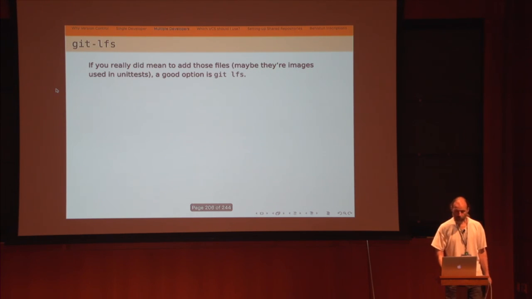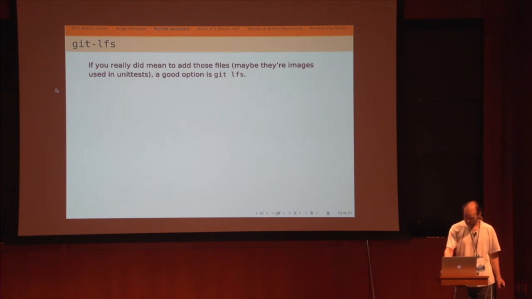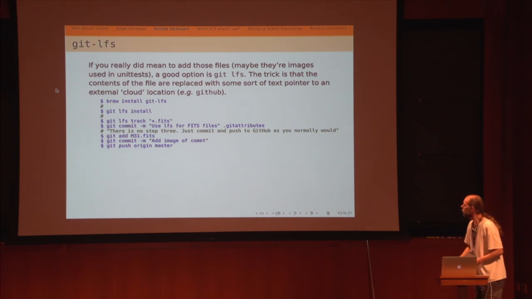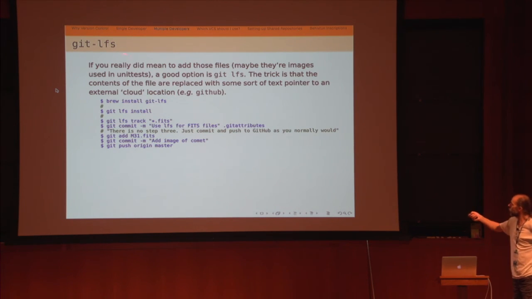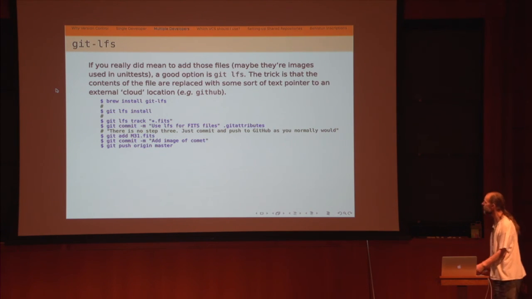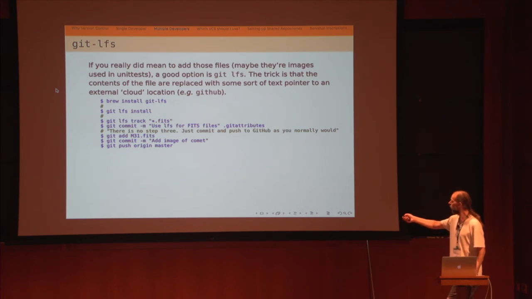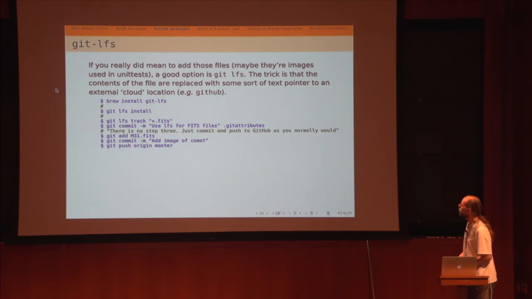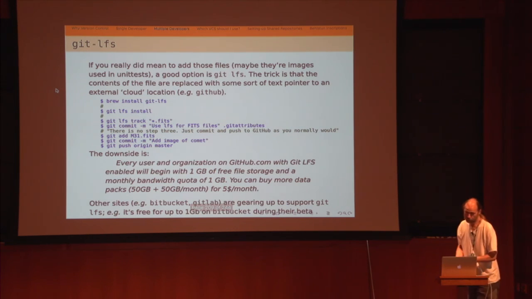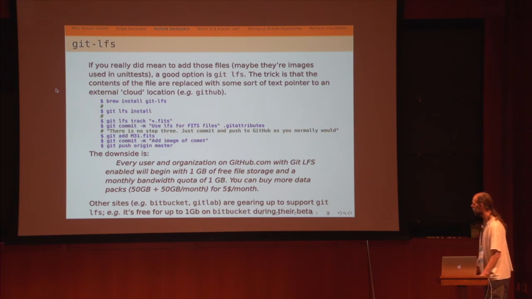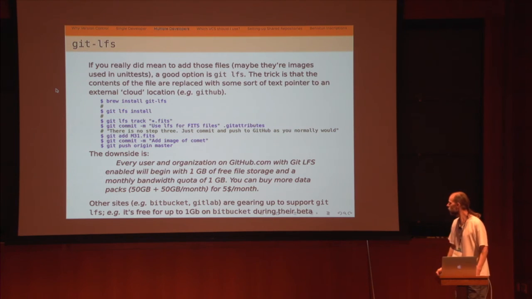But more interesting, what happens if I really did want to add big binary files? And I'm going to go through this pretty fast. There's a way to do it. Again, you can just Google for git LFS, and you will find it. And there are magic ways to do things. And I can now safely do a git add m31.fits. I can commit it with a message, and I can push it. So these days, tools like Git can handle binary files up to about 1 gigabyte for free. The downside is that beyond 1 gigabyte, it's going to cost you $5 per month per 50 gigabytes, or else you can do it yourself. There are ways to do it. So, binary files are a solved problem.